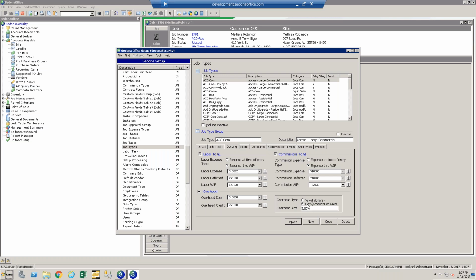When you enter a timesheet, let's say you enter 4 hours of time. If you do a flat amount of $5, it would be $5 times the 4 hours that you entered on the timesheet, and you've got a $20 overhead charge. Or if you do a percent, this means the total amount of labor on the job was $500, and you're going to take 5% of that